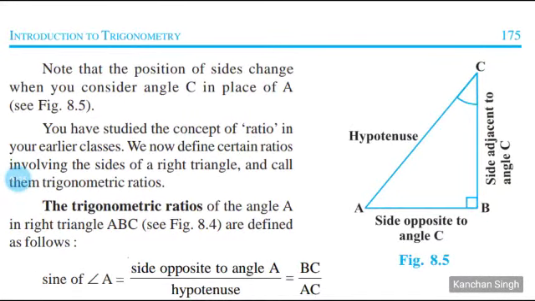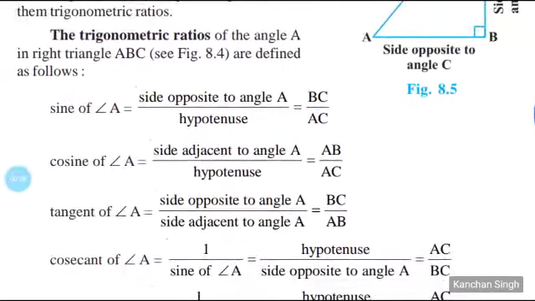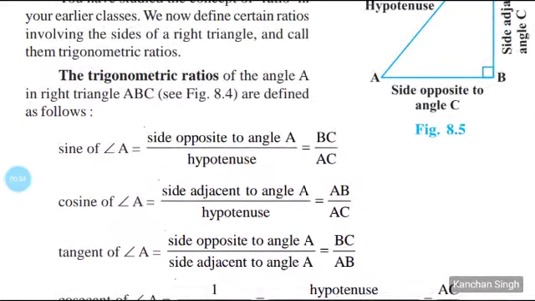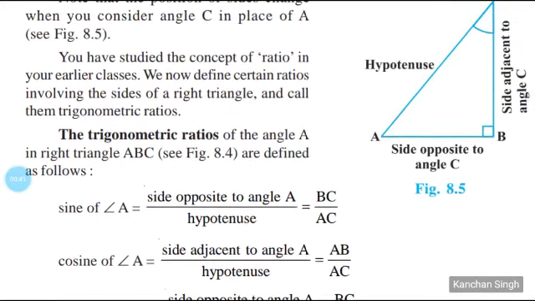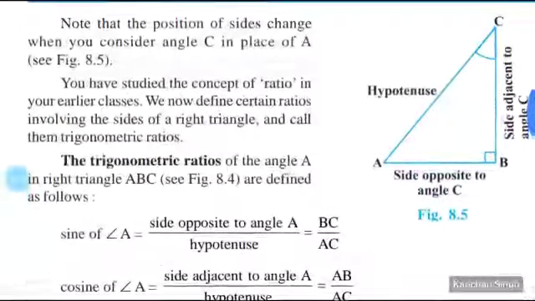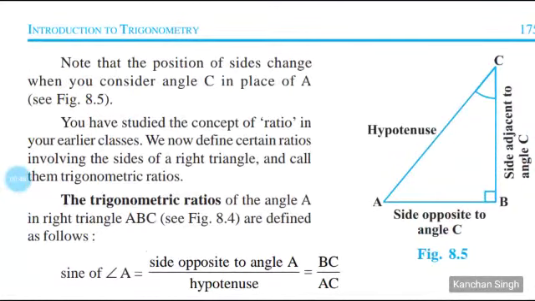Today we will learn a few new things, and you might have heard the names. We will learn about six ratios: sine, cosine, tangent, cosecant, secant and cotangent. In short, just as at home we call our friends by nicknames, here we will say sin, cos, tan, cosec, sec and cot. Now we will see how to find the trigonometric ratios.